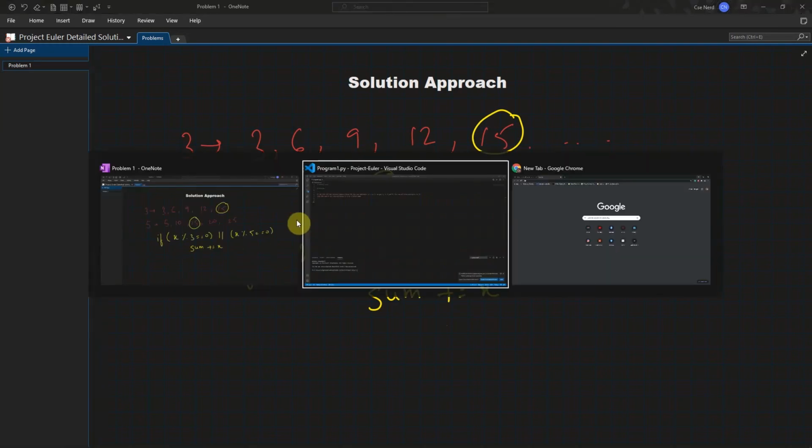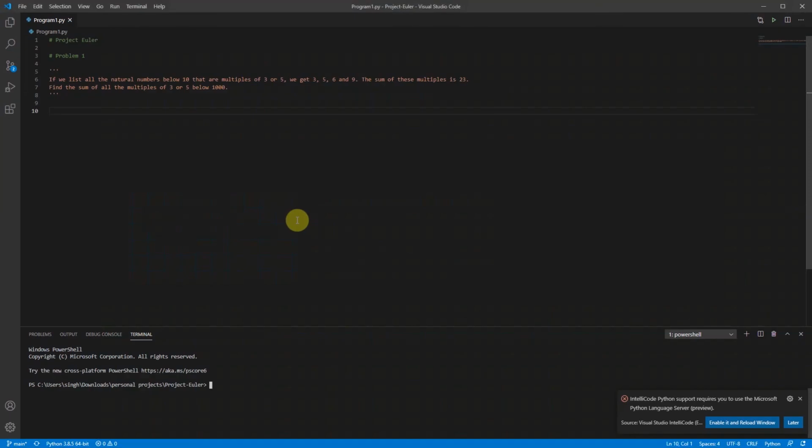Now coming to the code of this problem, we'll be solving this in Python. I've also solved this in Java. You can find that in the link below in the description box. So let's start. We first initialize the sum as 0, and we also set the limit, which is given as 1000,